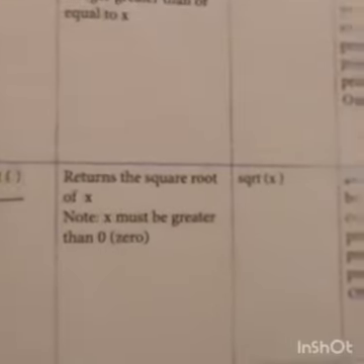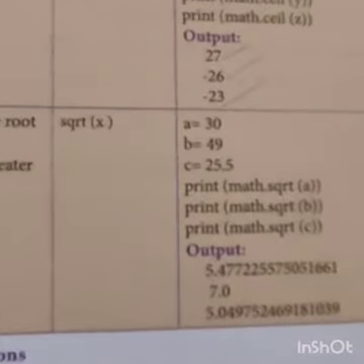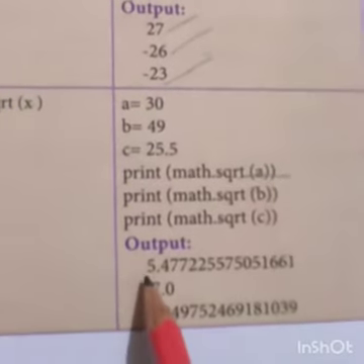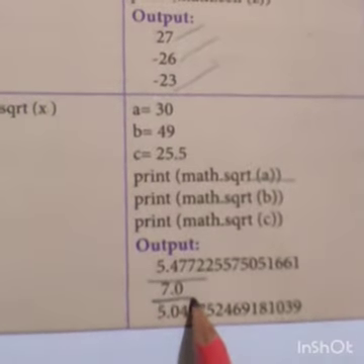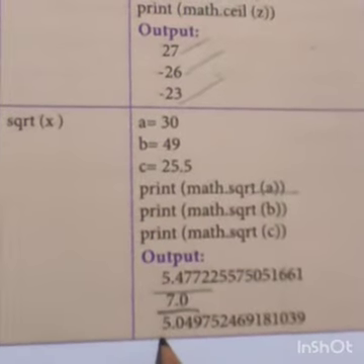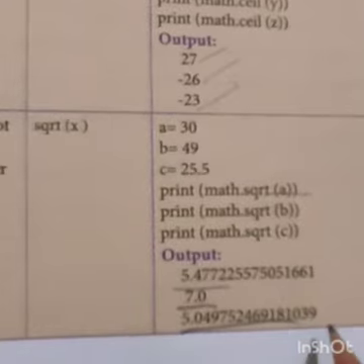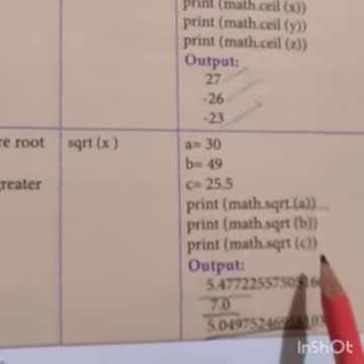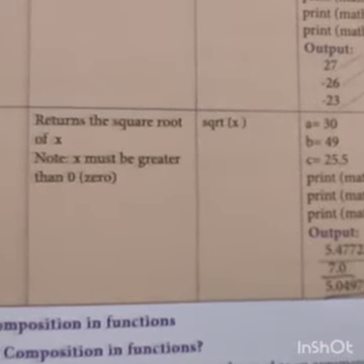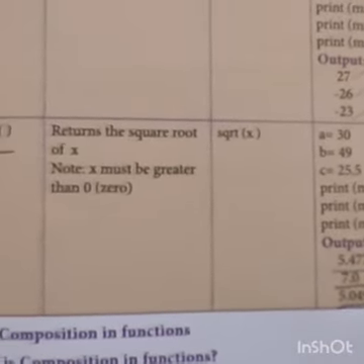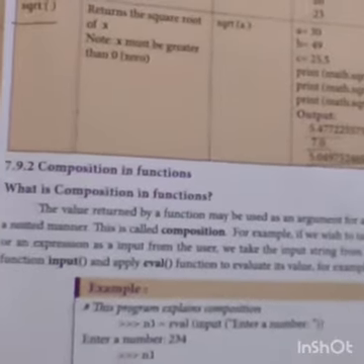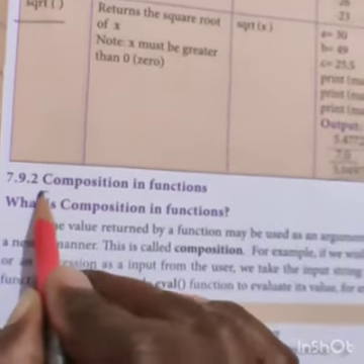Okay, good. So next, what is this? sqrt, square root. You already know square root from mathematics; the same square root will come. See here, the square root of 49 is 7. Then the square root of 25.5 means this. Okay, that is enough. So this is the function. Listen to this chapter very carefully. So this chapter is finished. Next, only one topic is there, and when that topic is finished, this chapter is over.